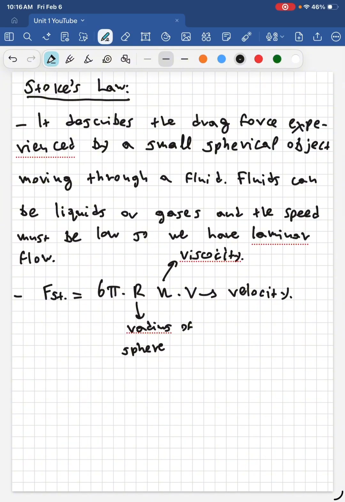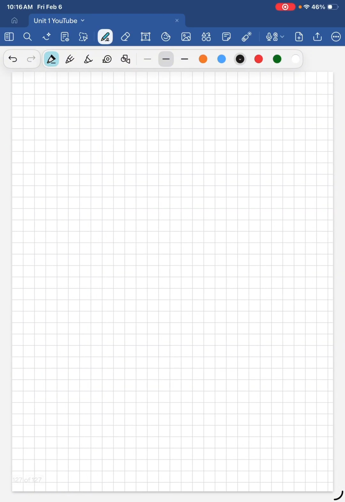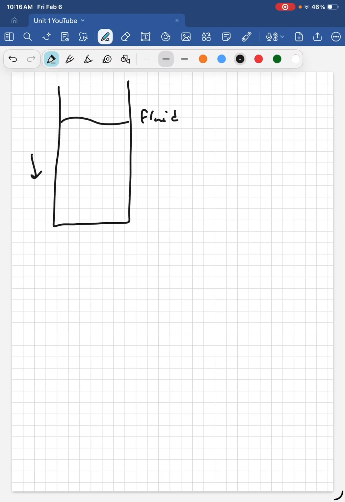So let me see. If we have a downwards motion inside the fluid, so this is a fluid and we have a sphere moving down, it will experience its weight, the upthrust, and the drag force. So in this case we will have, okay, moving down,